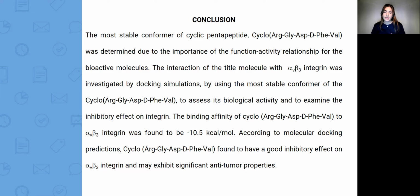The binding affinity of Cyclo to alpha-V-beta-3 integrin was found to be minus 10.5 kilocalories per mole. According to molecular docking predictions, Cyclo was found to have a good inhibitory effect on alpha-V-beta-3 integrin and may exhibit significant enantiomer